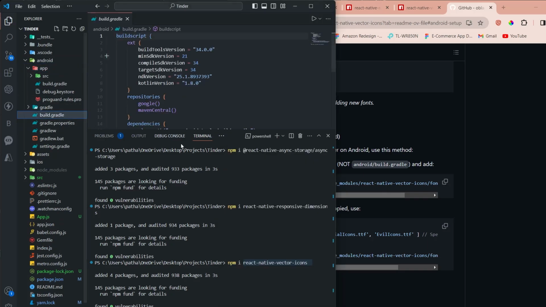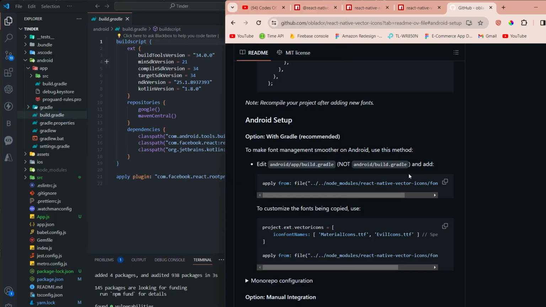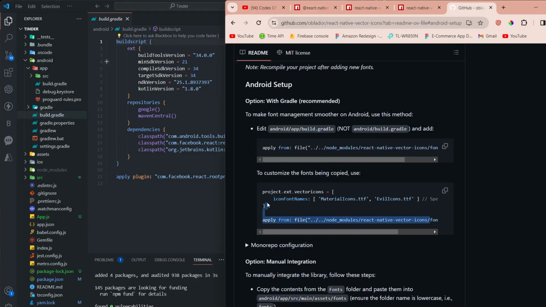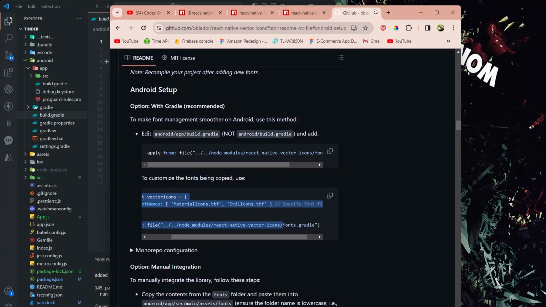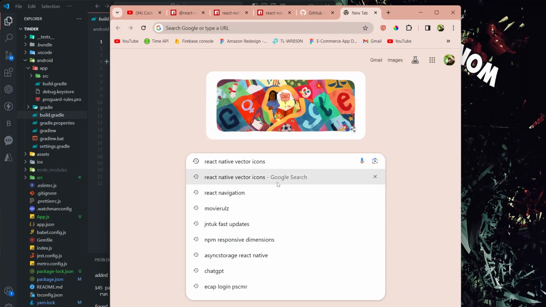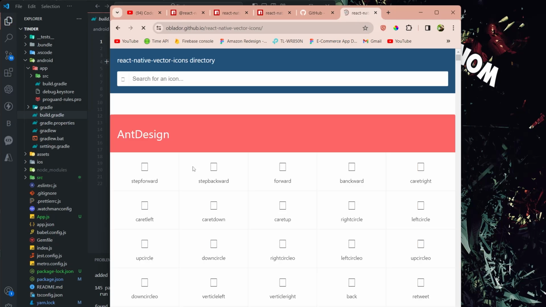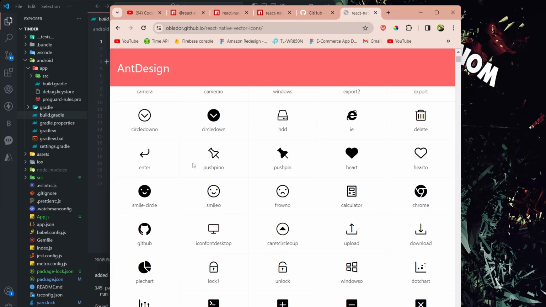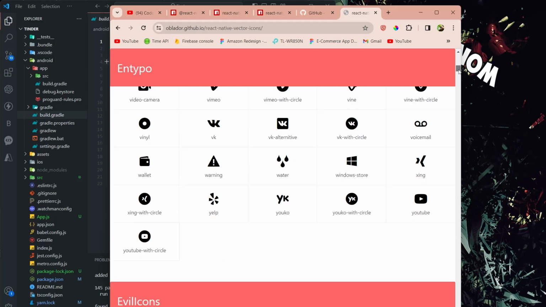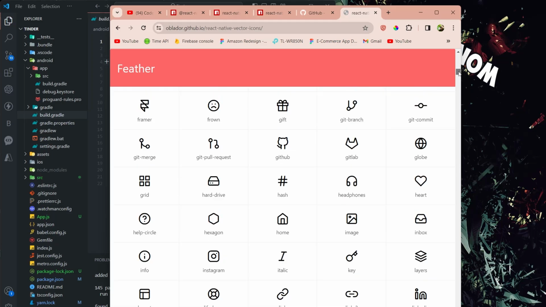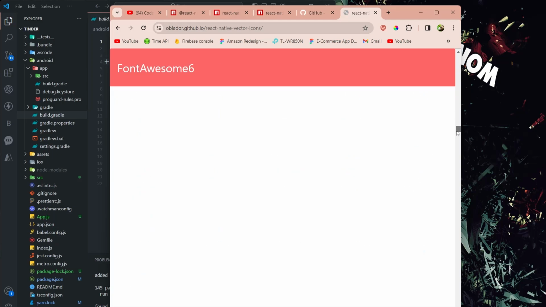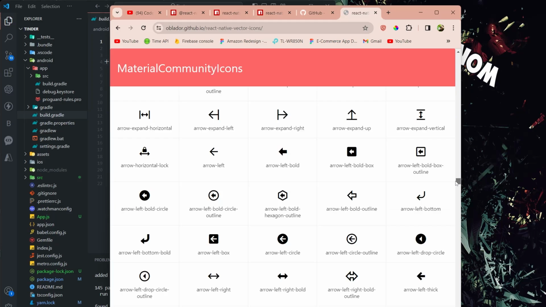This is the file to which we have to add some code, and this is the code they told us to add. But let me show you one more thing. React Native vectors. These are the icons which we can use, and there are a lot of icons, like AntDesign and Typicons. These are types, like Feather, Font Awesome, and so on. If you want to use them, make sure these names have to be in